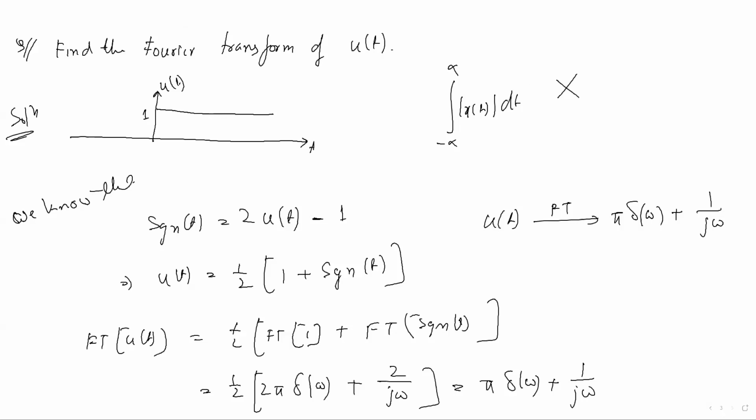Let me define and complete. Okay, for today's class, let me define what is called the duality theorem. I have said that using the duality theorem also you can solve this type of signal, for which the first condition of Dirichlet fails. Such types of signals you can find the Fourier transform of using this concept also.